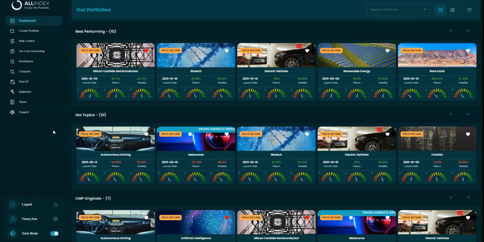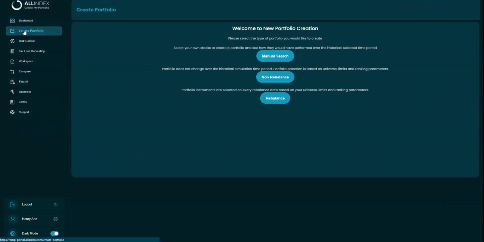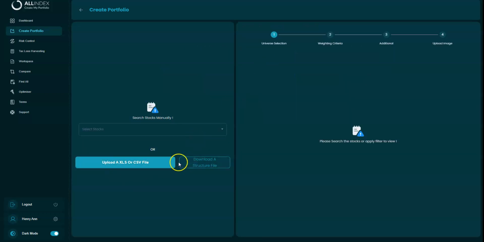Hello everybody. I'm going to show you this morning some changes that were made to the Create My Portfolio platform, particularly focusing on creating a portfolio using the manual upload. So, create portfolio here, you'll see these three options: manual, search, and